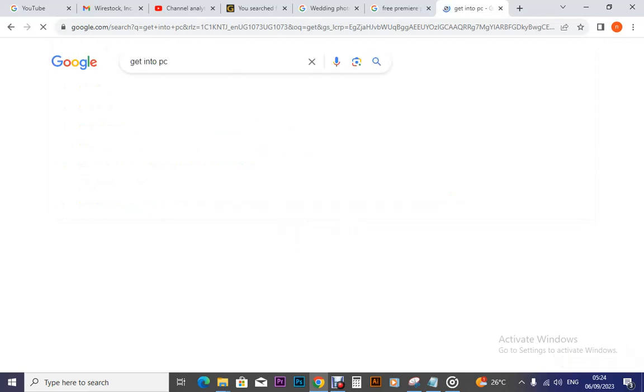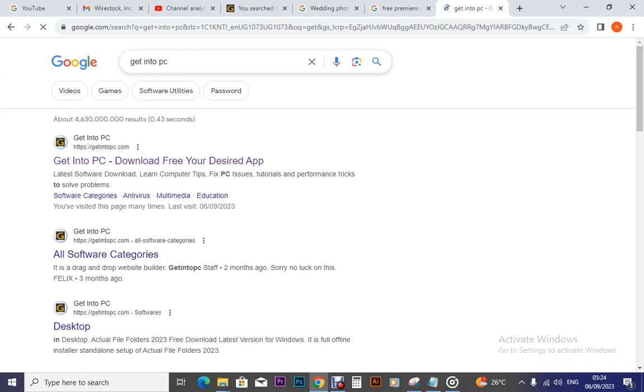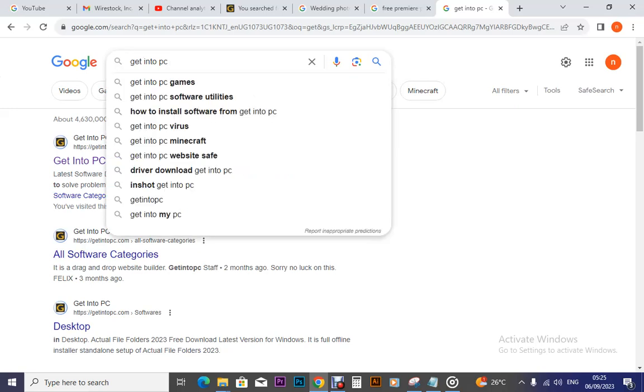When you type it, you search, then after searching it is going to pop up, then we click and get it from him. After getting this, typing